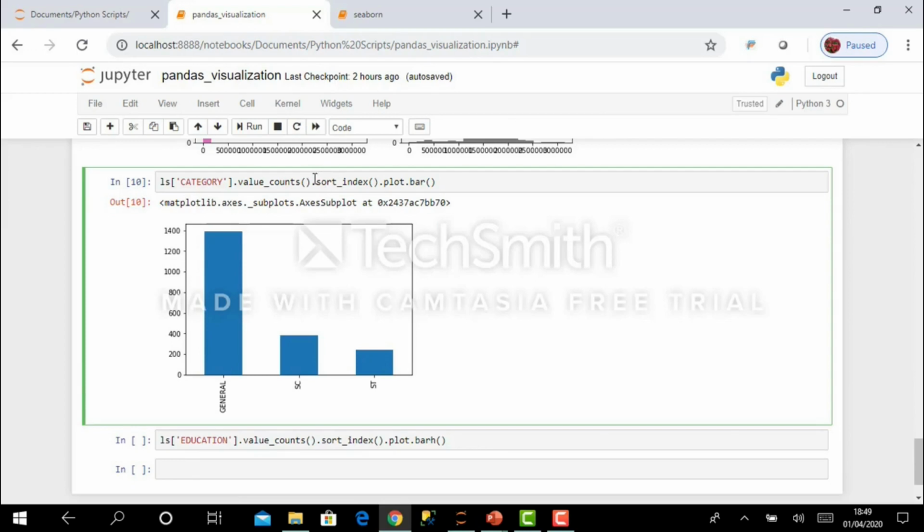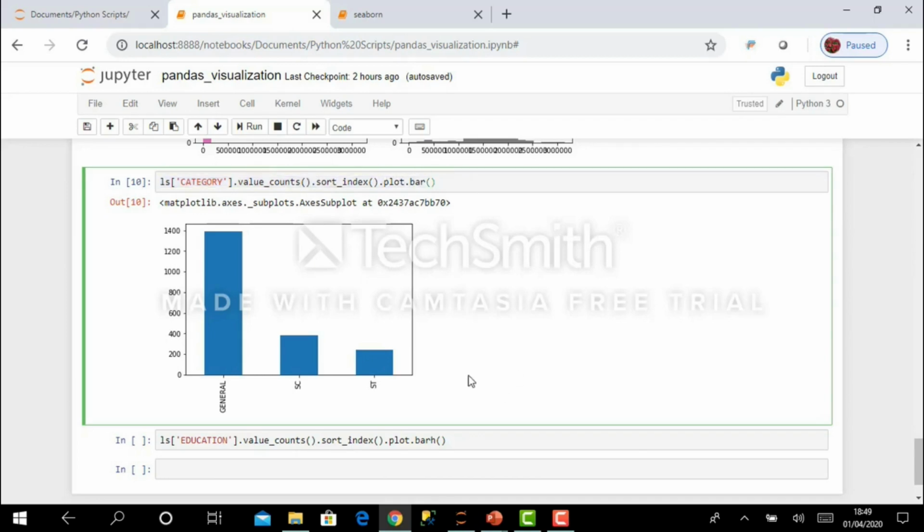Then I have the sort index method, which sorts the records. So first general is coming, then SC, then ST. This sorting is done, and then the plot dot bar method is called. So first this data is retrieved, ls category, then the count is generated for each value of category, then it is sorted, and then it is plotted in a bar graph.